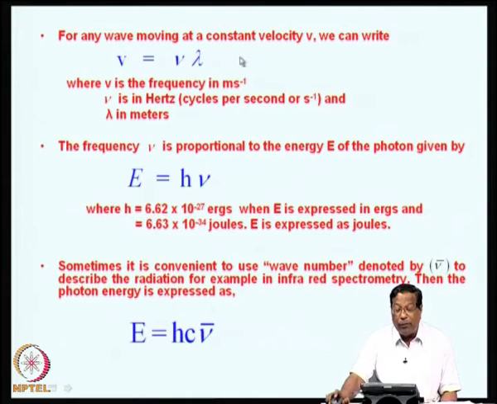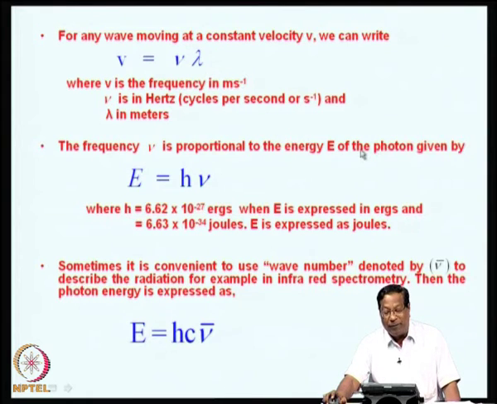Now, for any wave moving at a constant velocity, we can write v, the velocity, as a product of frequency and wavelength. Where v is the velocity, mu is the frequency in hertz, that is cycles per second, and lambda is the wavelength in meters. The frequency mu is proportional to the energy of the photon, given by E is equal to h mu, that is Planck's